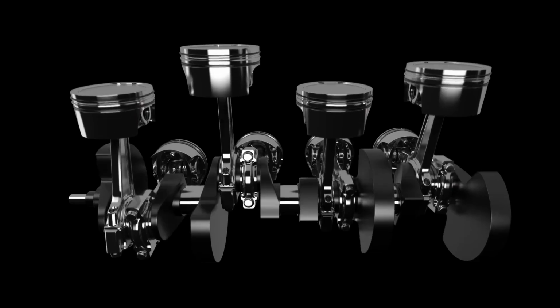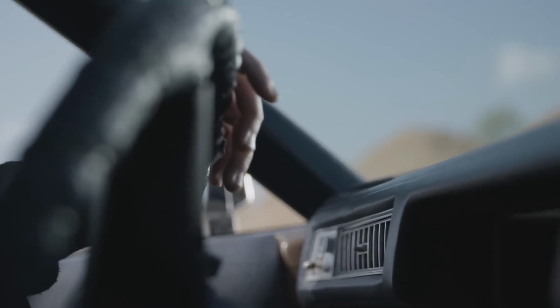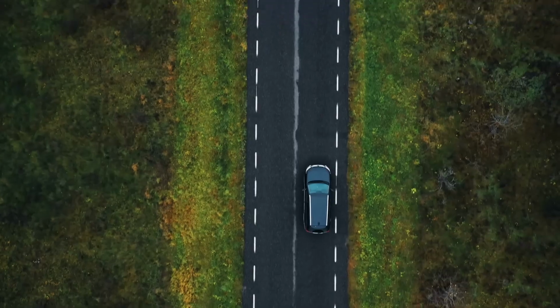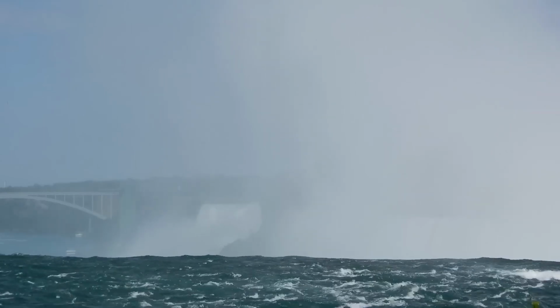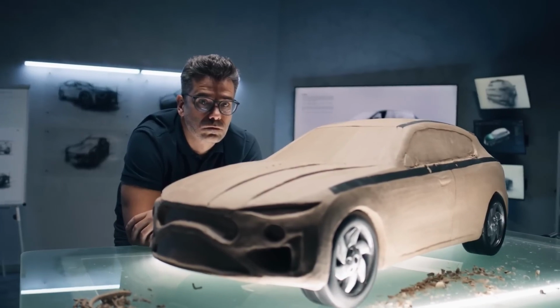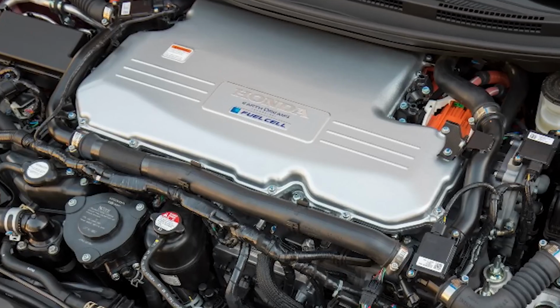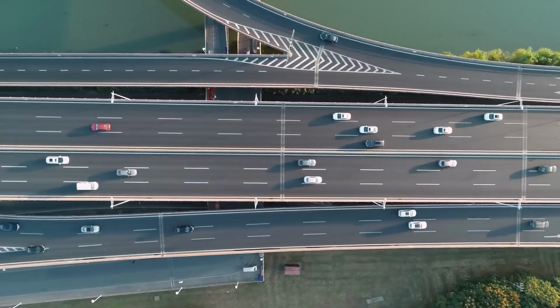blend. This controlled explosion generates a high-pressure gas that pushes the pistons down, turning the engine's crankshaft and ultimately powering the vehicle's wheels. And the best part of this tale, the combustion process leaves nothing but water vapor as its byproduct, which is harmlessly released through the exhaust pipe as steam. So with the help of hydrogen, our friendly combustion engine not only keeps the wheels turning, but also helps protect